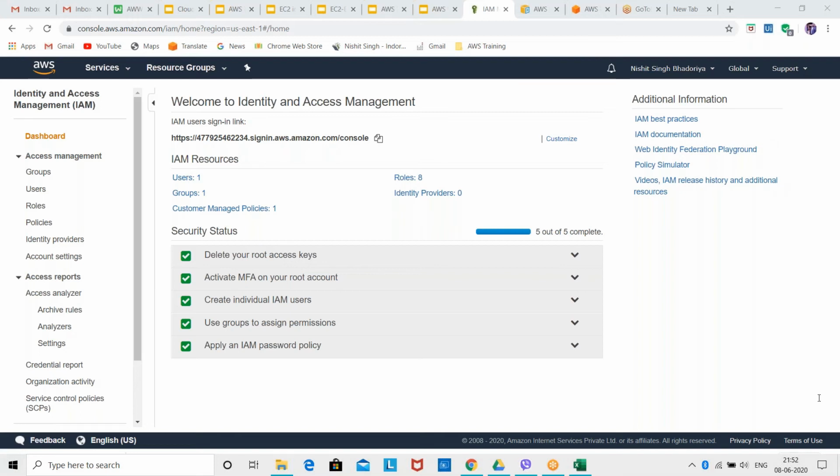if you do not delete the access key for your root account, right? You have created a root account, and every account has an access key. But if someone gets the access key of your root account, they can do whatever they want in your root account, right?